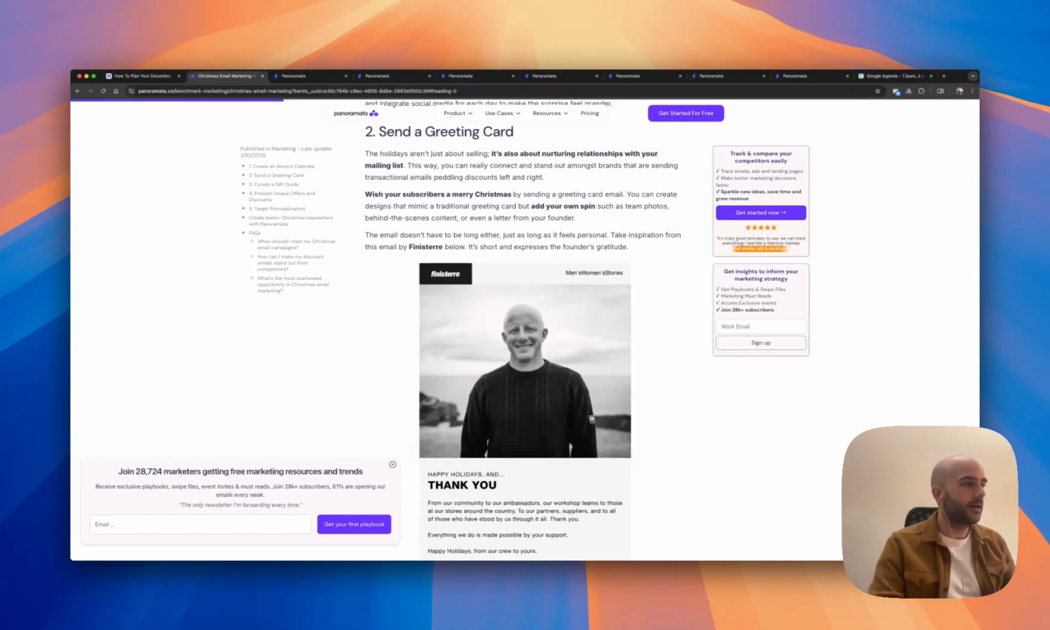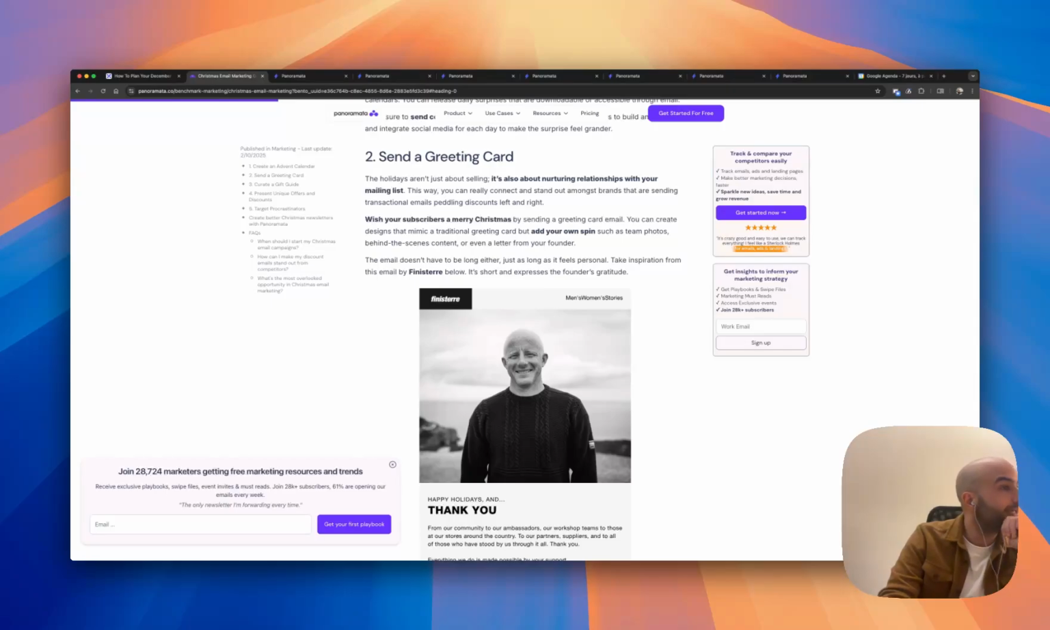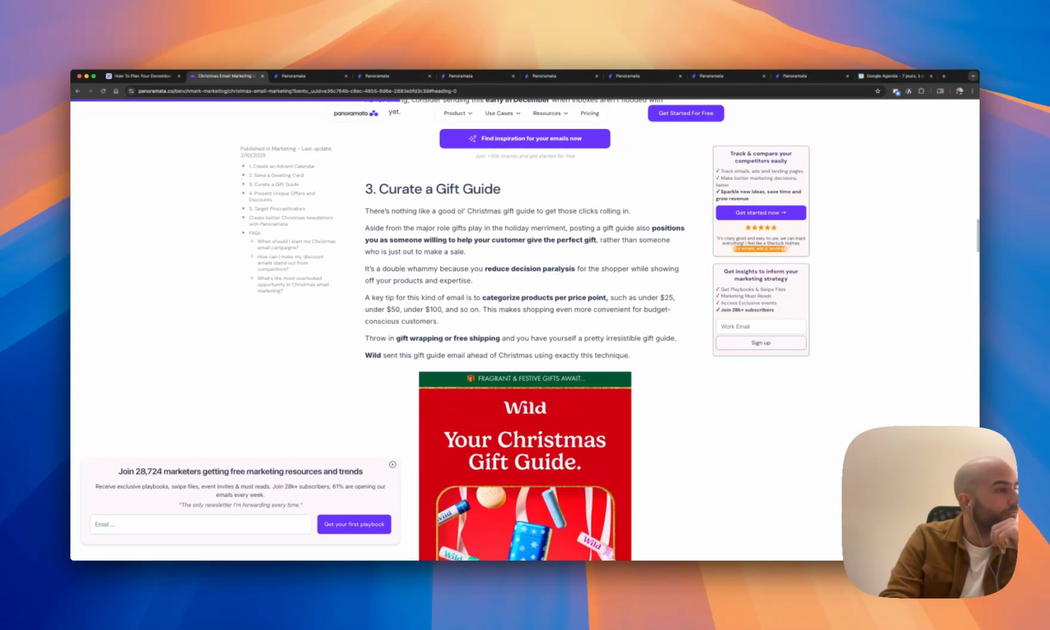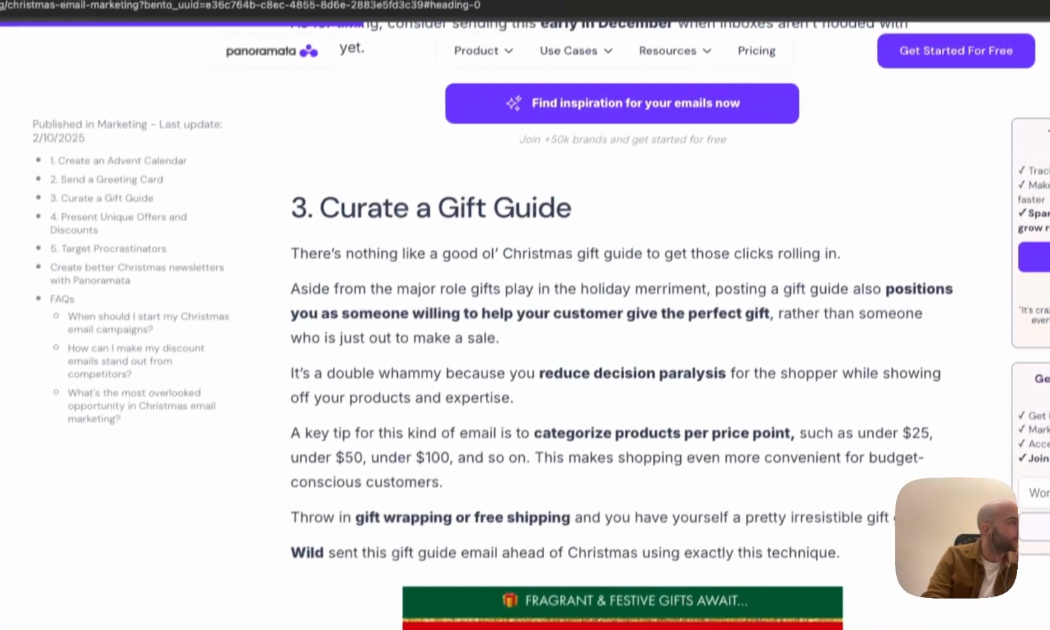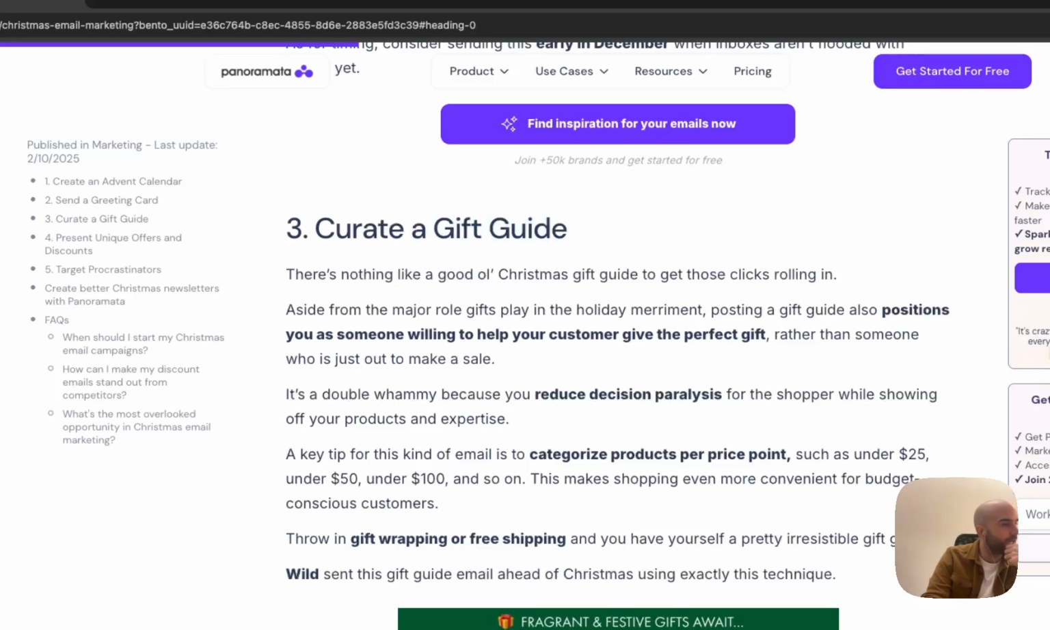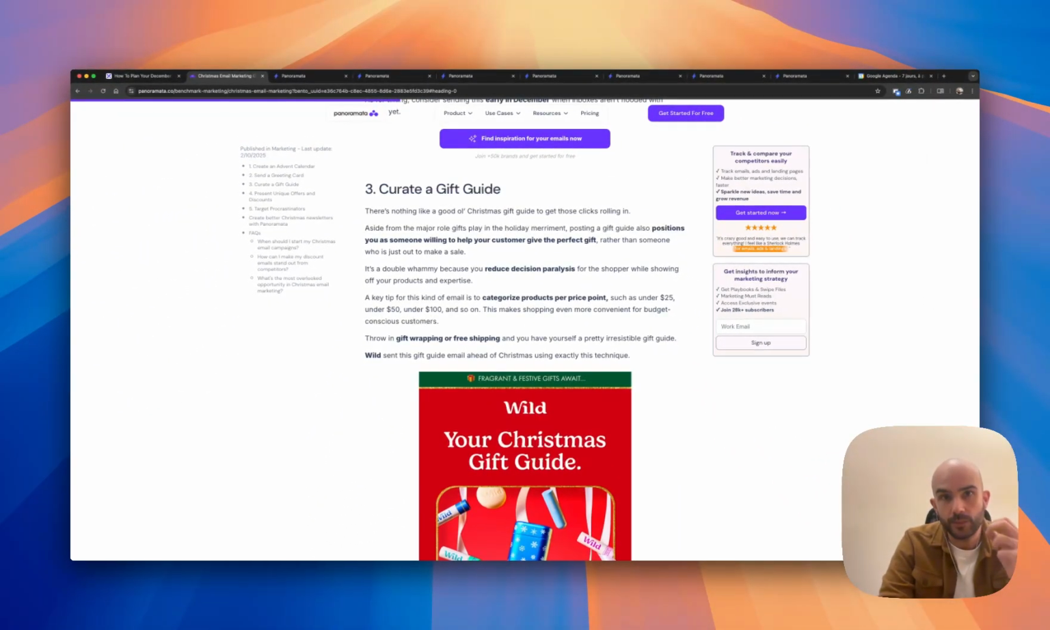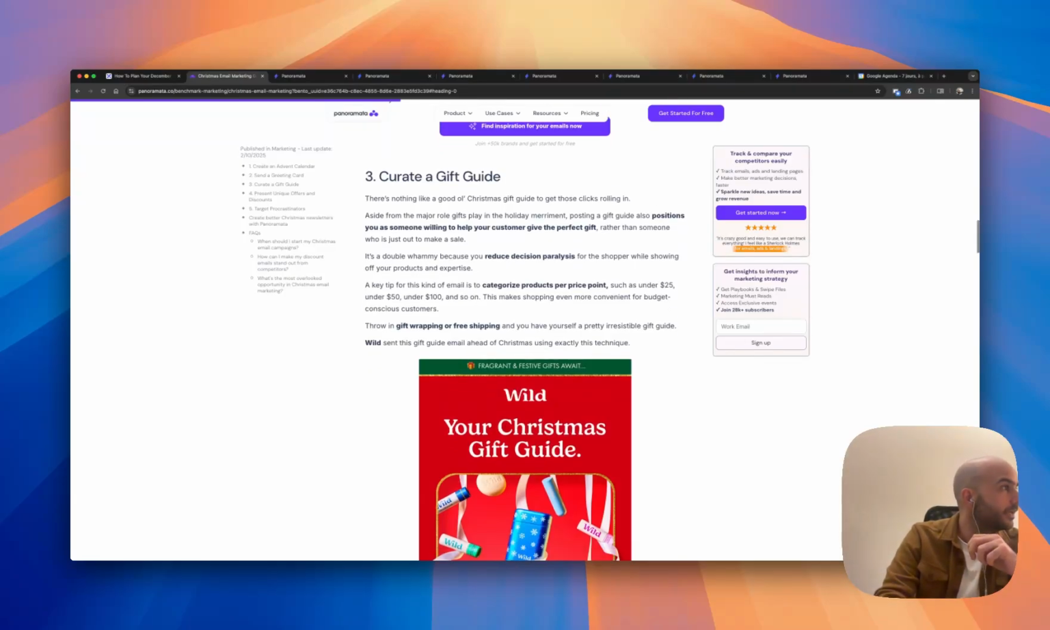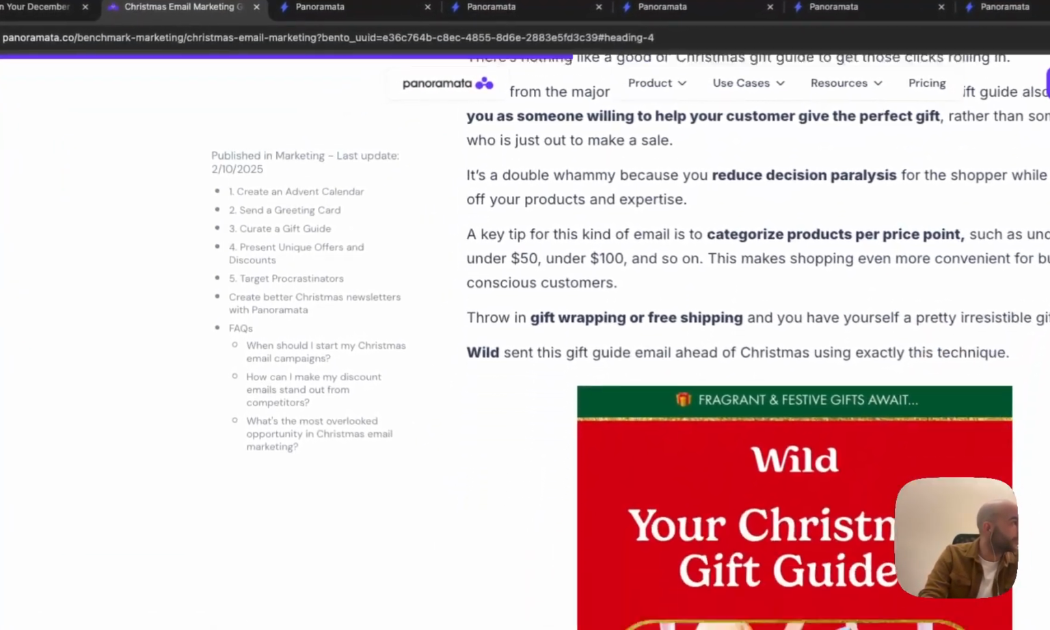Of course, send a greeting card. This is a great way to create a relationship with your audience. This one for me is one of the most important, and we're going to spend hours together reviewing this, but this is a gift guide. This is the most important thing that you should do for Christmas, because this is the way people are shopping. This is the way people are buying stuff. It's a gift guide. Then unique offers and discounts. And of course, the